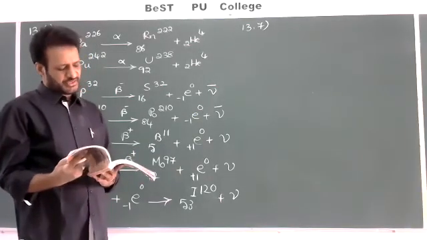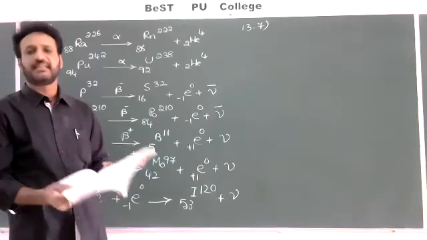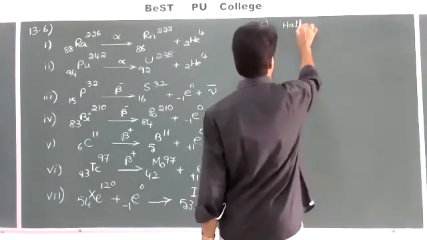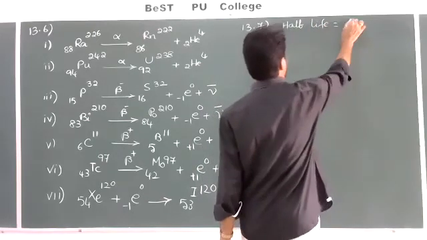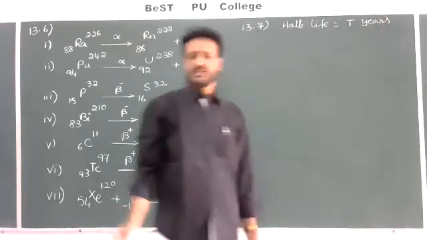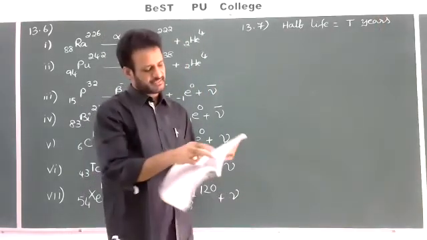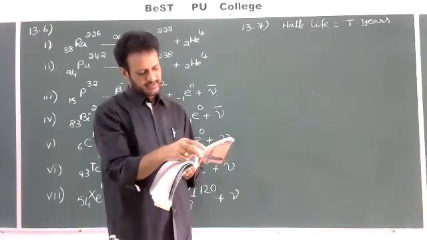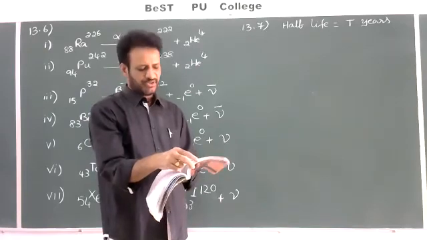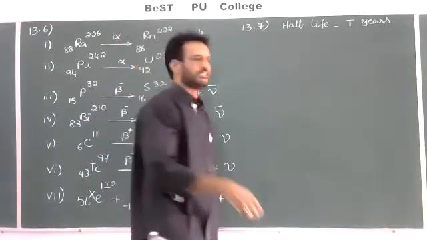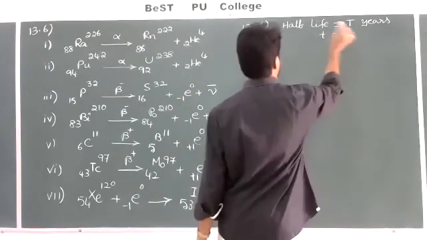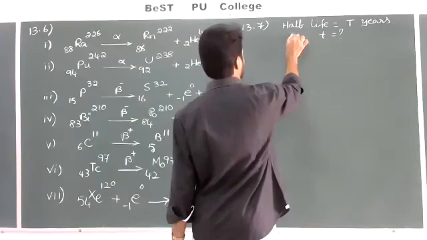A radioactive isotope has a half-life of T years. One radioactive isotope is given, and its half-life is equal to capital T years. So instead of a number, they gave capital T directly. Then how long will it take its activity to reduce to 3.125%? First question: how long means you should calculate small t, which is equal to question mark. So time you should calculate.